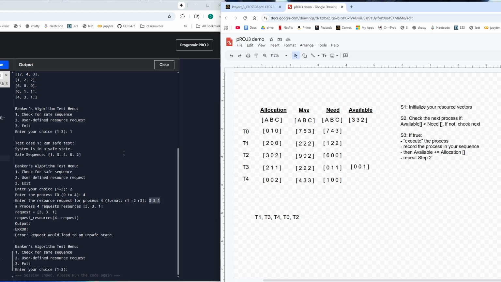Hopefully I explained thoroughly enough what this banker's algorithm is. If you have any more questions, ask in the comments, ask in your Discords, because if you have a question, there's a chance that someone else in your class does too,